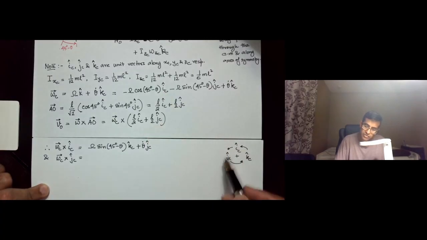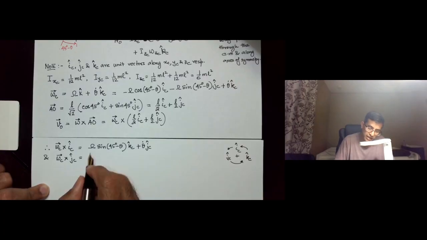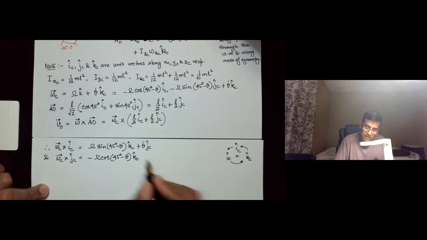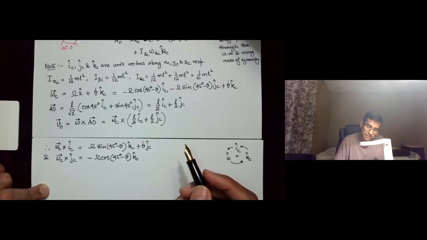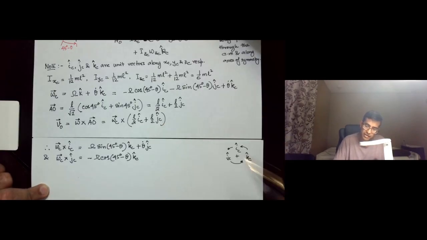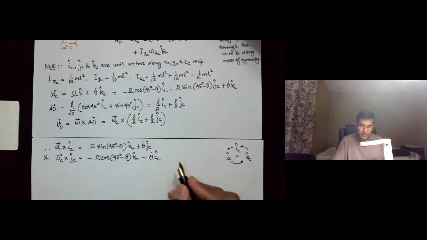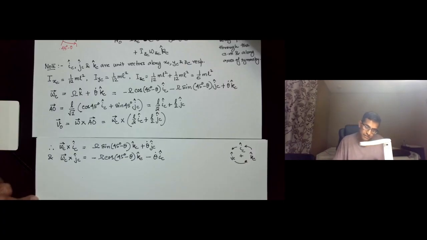I cross J is going to give us K, so we will have minus omega cosine 45 degrees minus theta KC, and J cross J is 0 and K cross J is minus I, so we'll have minus theta dot IC. Alright, so therefore